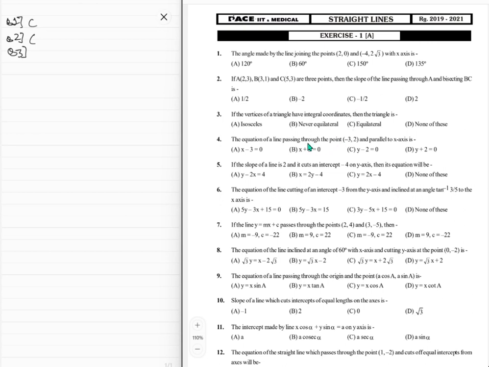Question number 3, if the vertices of a triangle have integer coordinates and the triangle is, wait, vertices of a triangle have integer coordinates. Never equilateral, isosceles. Well, it can definitely be isosceles. I mean, look at this triangle, it's definitely isosceles, right? Where this is 1, this is 1, yes. But it's not necessarily isosceles, right? Yeah, like you could have 2 over there, and this would also make sense, right? So like this being 2,